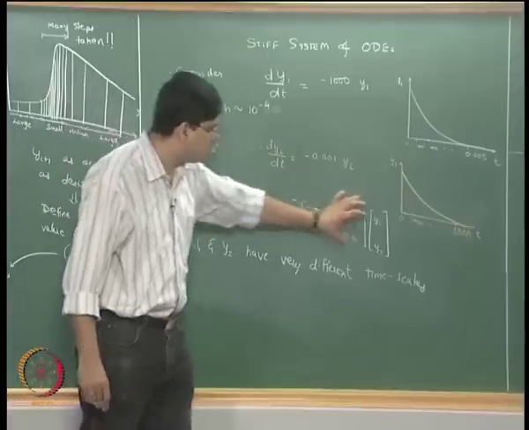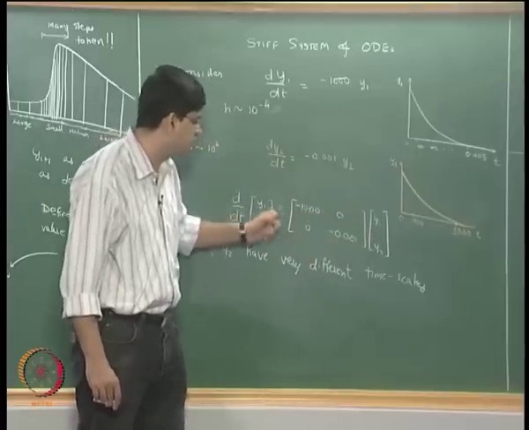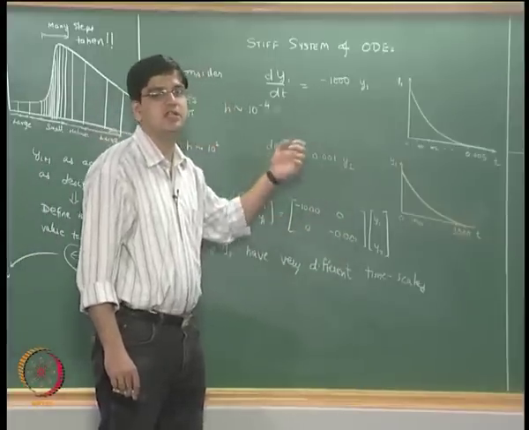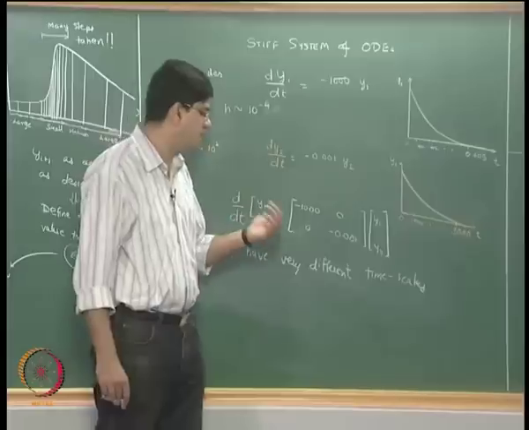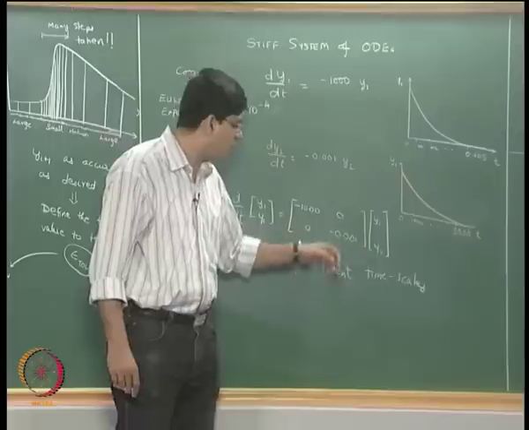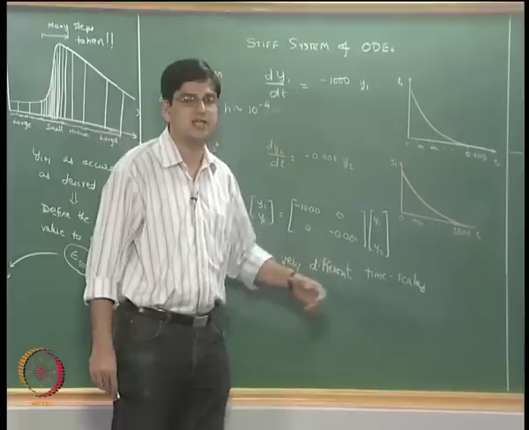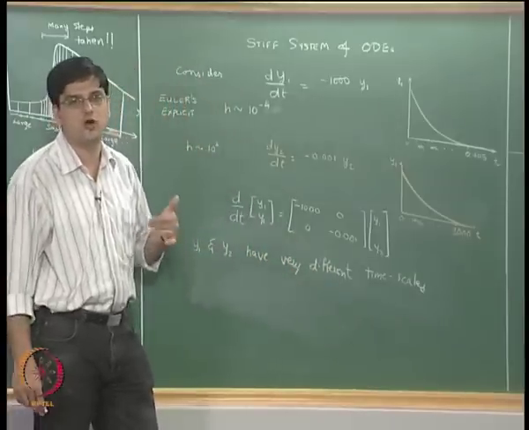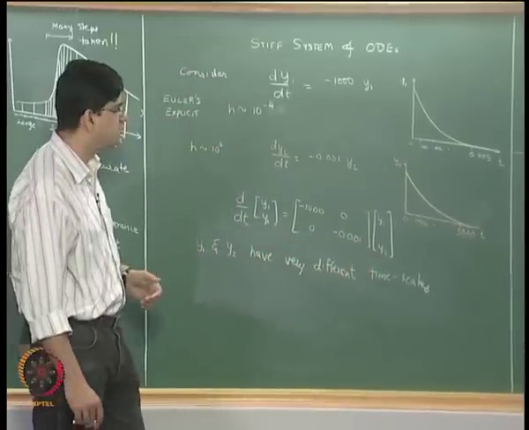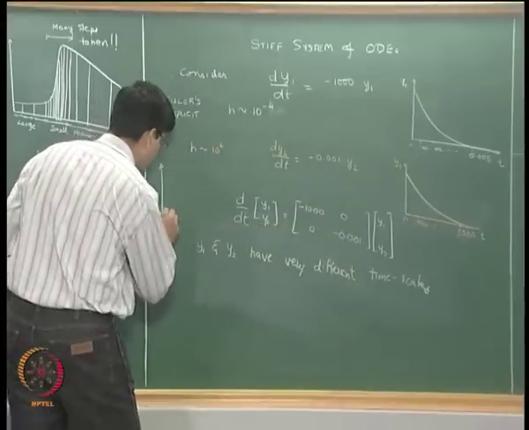Okay. So if you have a multivariable system, you can differentiate the system and get this particular matrix over here, find the eigenvalues of this matrix, and the ratio between the absolute value of the highest eigenvalue divided by the absolute value of the lowest eigenvalue is going to give you how stiff this particular system is. If this ratio is of the order of 10 to the power 4 or 5 or higher, in that particular case the system is going to be fairly stiff and we will need to use stiff solvers. Okay. So for this particular system, the evolution is going to happen like this.